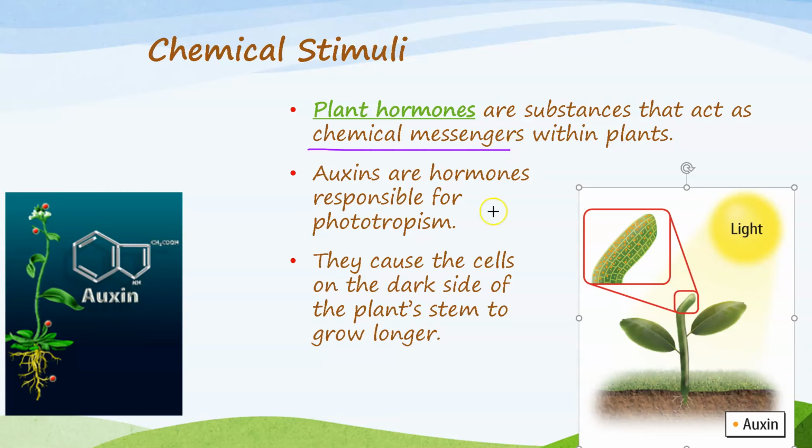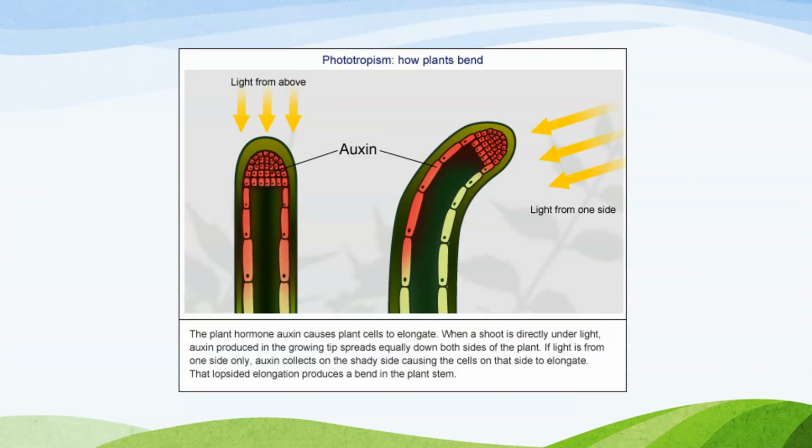And so these chemical messengers change how cells behave in plants. So auxin is a hormone responsible for photoperiodism. On the dark side of the plant stem, auxins will build up and cause those cells to elongate, thus helping the plant to grow toward the light. And here's a picture to show you that. Even if the lights are above us, from the side, these cells becoming elongated